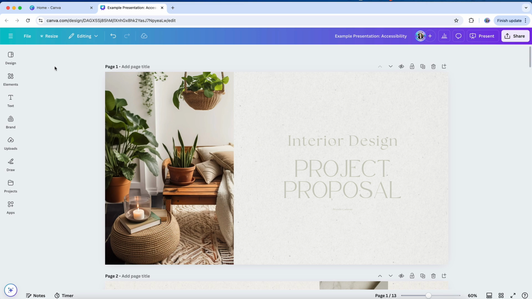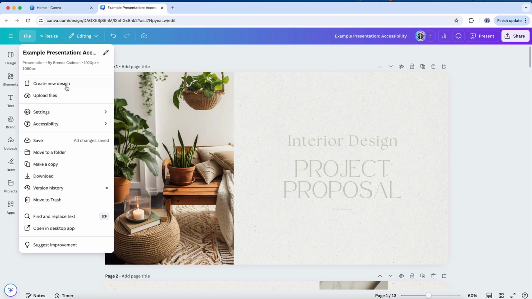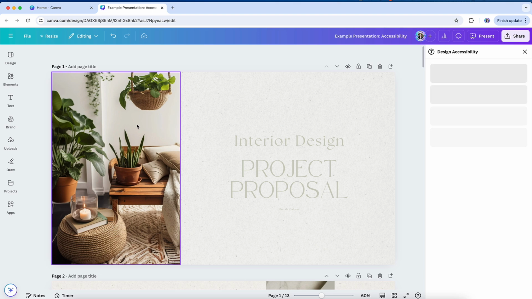To get started, open your design in Canva, go to the top toolbar and select File, then navigate to Accessibility and click on Check Design Accessibility. Canva will then scan your design and break down its findings into 3 main categories: typography, color contrast, and alternative